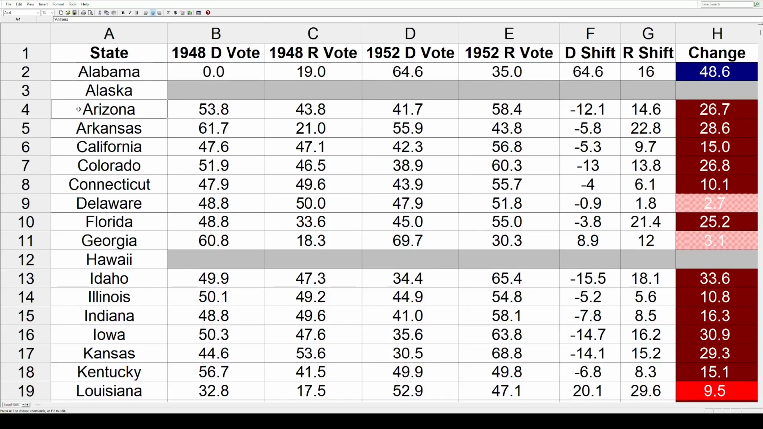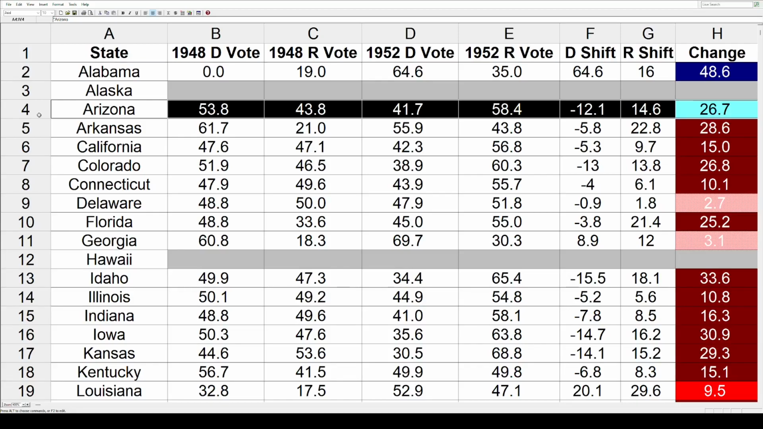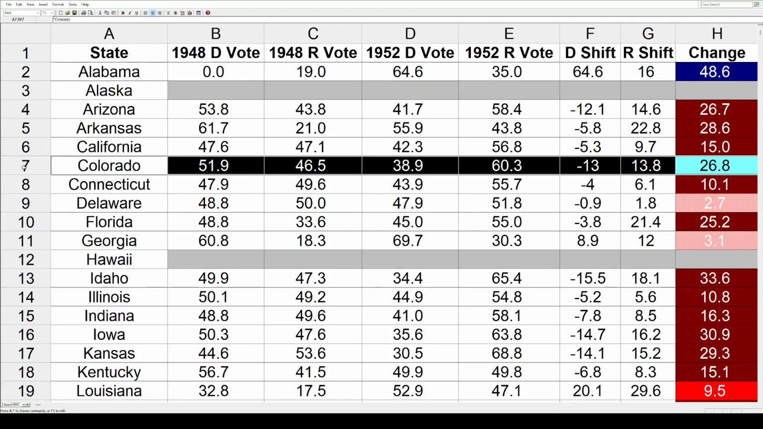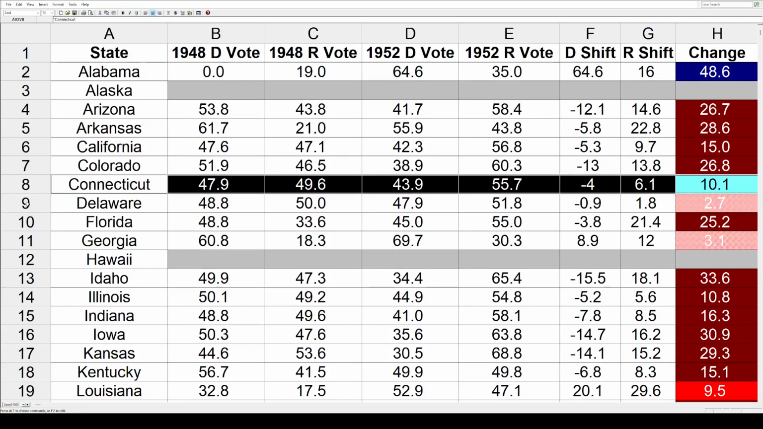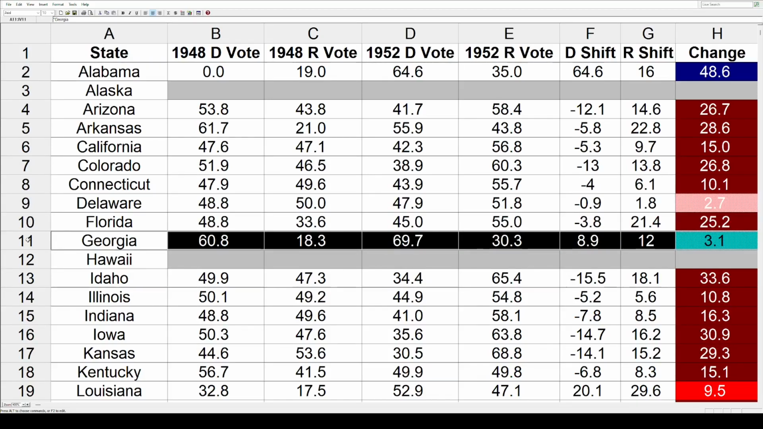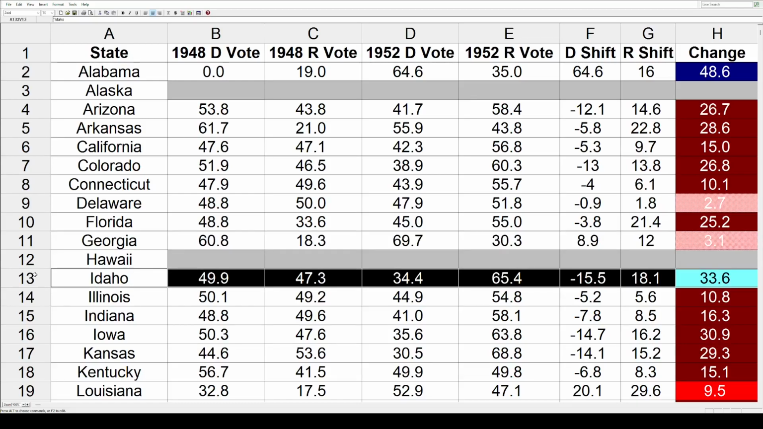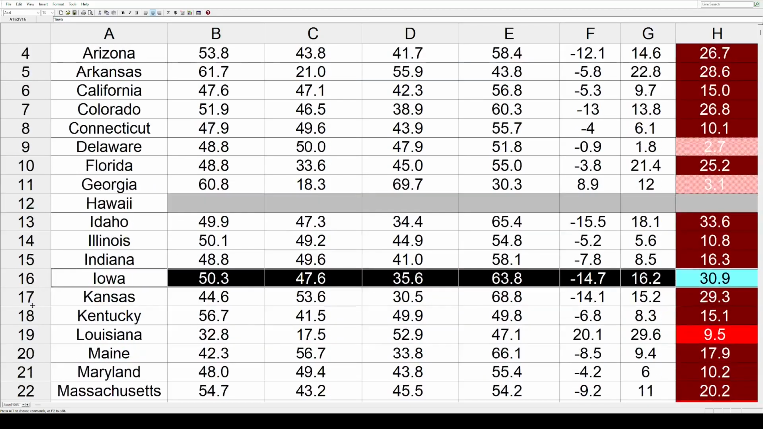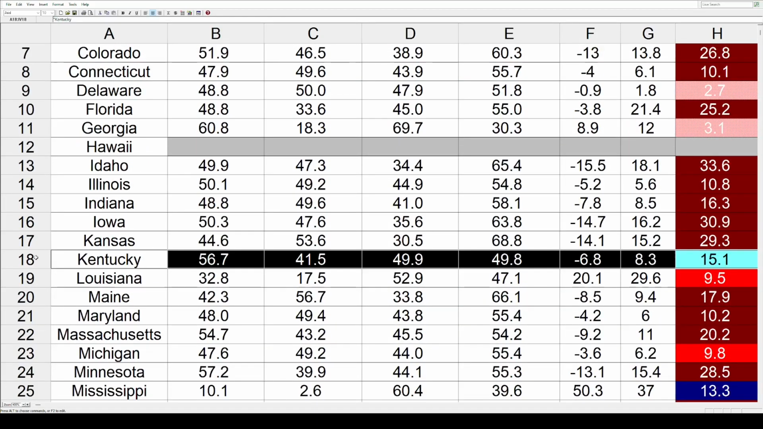Alaska, Hawaii, and DC were not states or did not vote at that time, so we'll skip those. Most of the rest of these are red shifts toward the GOP, so unless otherwise noted, these did move toward the Republicans. First, in Arizona, that was 26.7, Arkansas 28.6, California an even 15, Colorado 26.8, Connecticut 10.1, smaller red shift in Delaware of 2.7, Florida 25.2, Georgia 3.1, Idaho 33.6, Illinois 10.8, Indiana 16.3, Iowa 30.9, Kansas 29.3, Kentucky